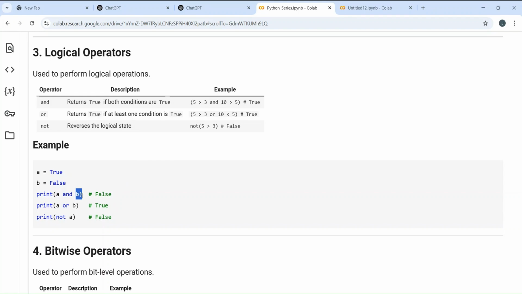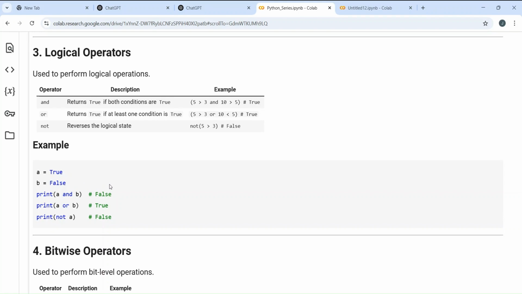We discussed one most important point, that if I am applying AND gate and both the operands are true, then only my output will be true. In any other case, the output would be false. So you have to understand that A is true, very good. B is not true, B is false. So you can blindly assume that the answer is false. Yes, the answer will be false.